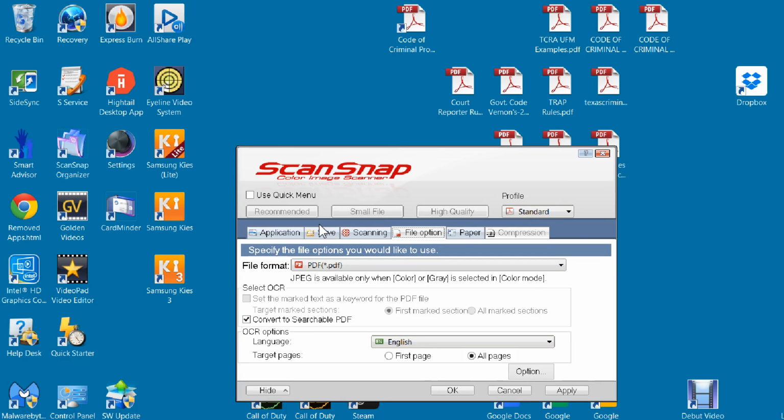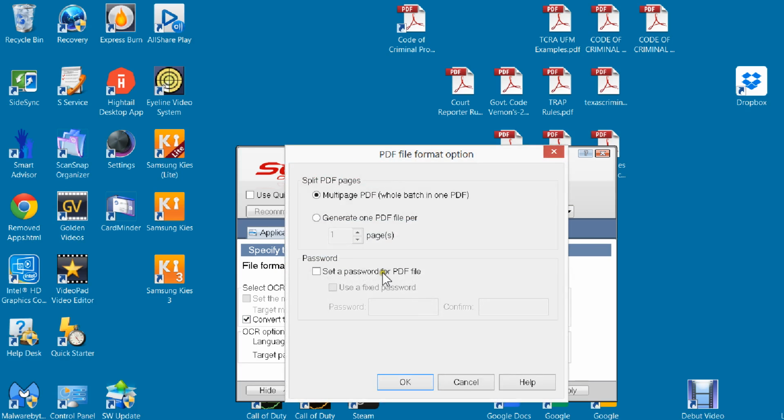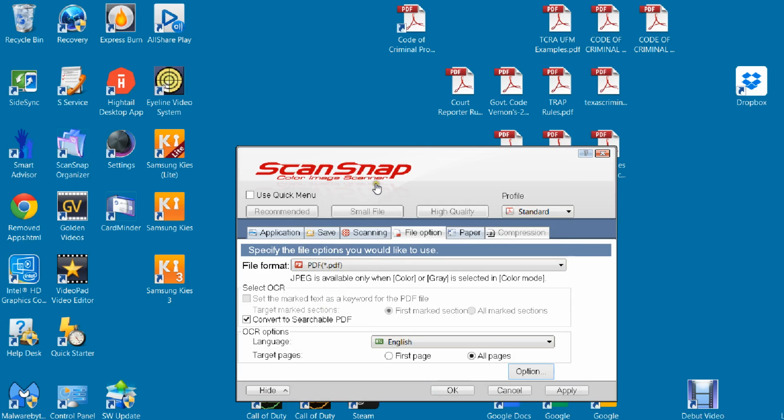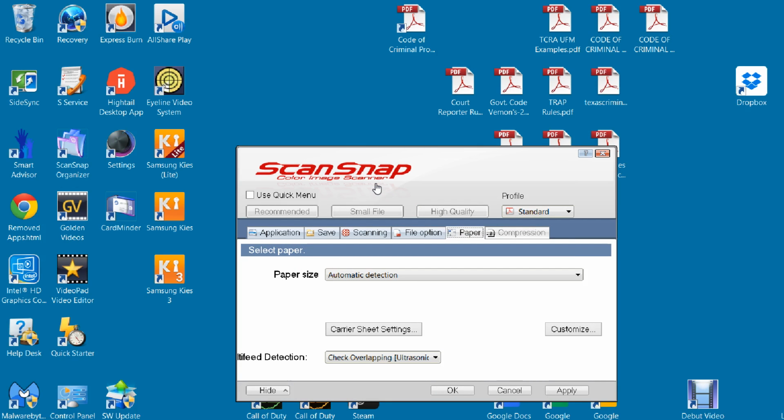That's how the Court of Appeals wants our files. I tell it to convert to searchable PDF, all pages, English. There's another option down here, multi-page PDF. I want everything to be in one big folder, and I can split them out later if I need to. And then the paper is automatic detection,